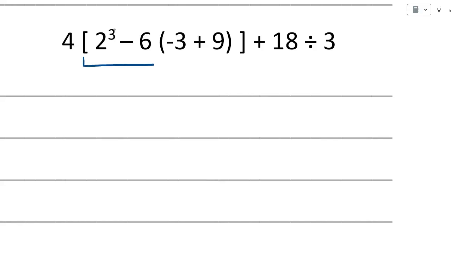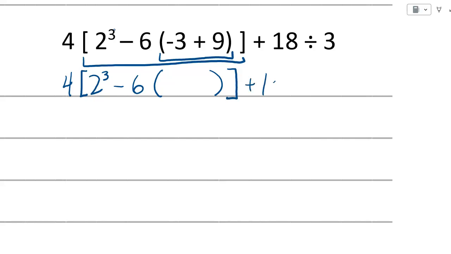Starting with the grouping symbol, and then the grouping symbol within that grouping symbol. Okay, so copying down everything except the step I'm working on, leave those parentheses there. And I'll do a couple steps at a time in this one, but just getting the ball rolling. Negative 3 plus 9 is 6. So we still have a set of grouping symbols. We're still at the top of the order of operations before we do anything else. So within that set of grouping symbols,